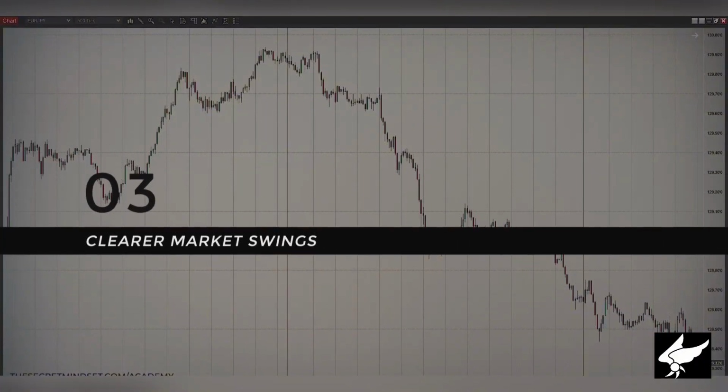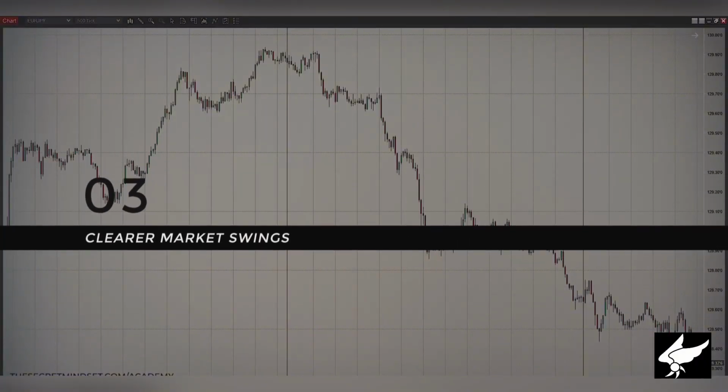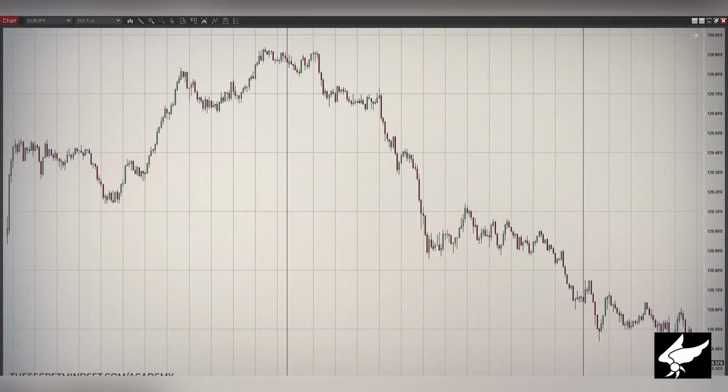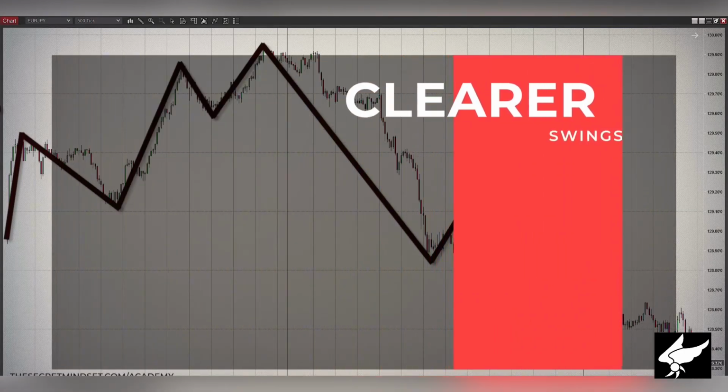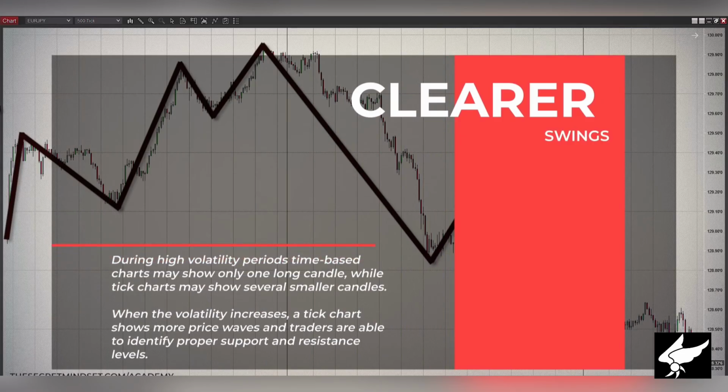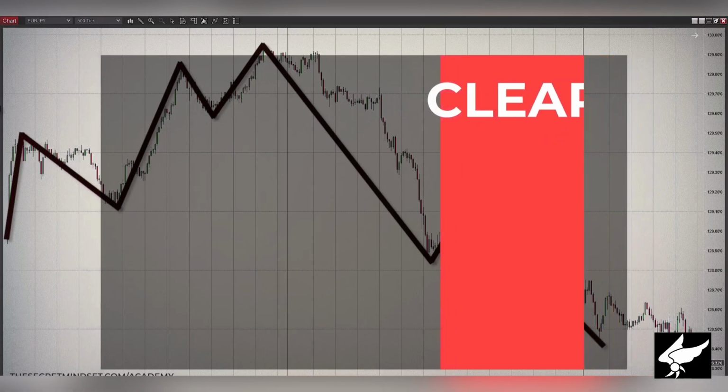Number 3. Clear swings. Without the accumulation of small candles, like the ones on the time-based charts, tick charts make it easier for the trader to spot swings. Also, while during high volatility periods, the time-based charts may show only a long candle, tick charts show several smaller candles. In this way, tick charts provide traders with more information about the recent market swings. When the volatility increases, a tick chart shows more price waves, and traders are able to identify proper support and